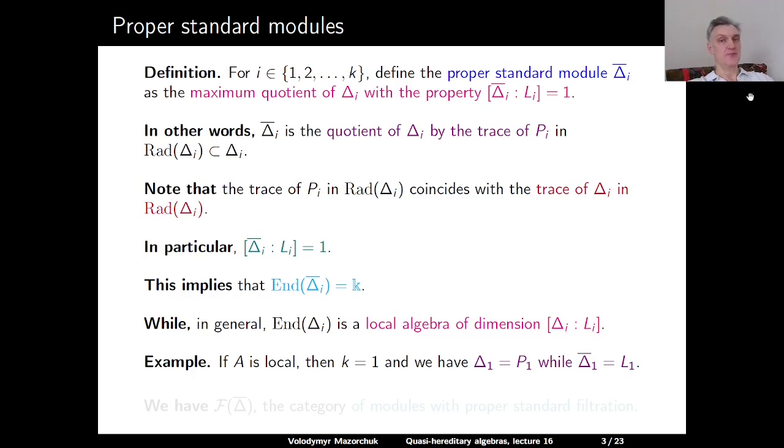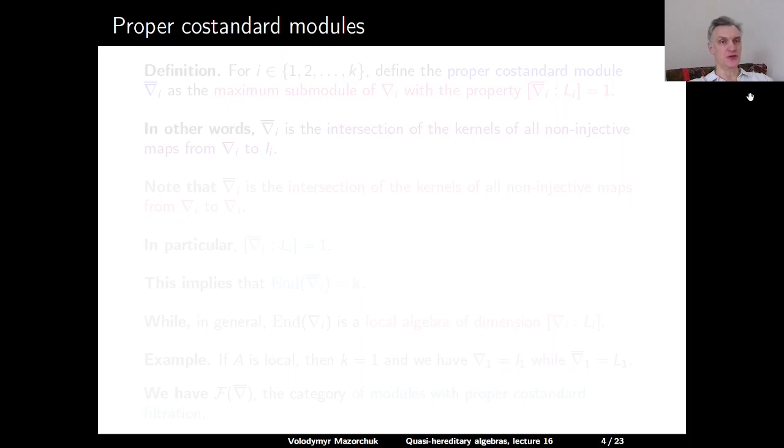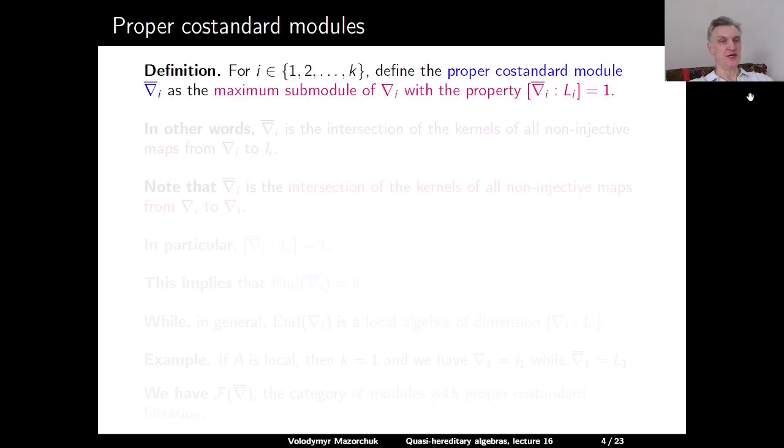And now we have defined the proper standard modules, Δ̄, and we have the corresponding category F(Δ̄), which is the category of modules with proper standard filtration. That is, with a filtration with proper standard subquotients. Dually, we can define proper costandard modules. Definition: for any i between 1 and k, we define the corresponding proper costandard module ∇̄i as the